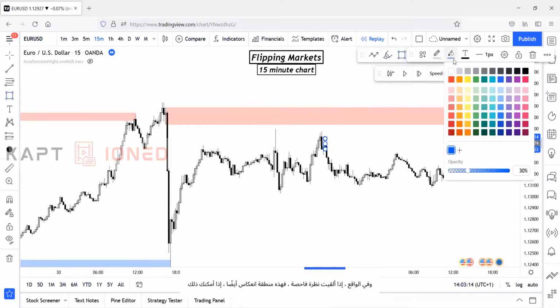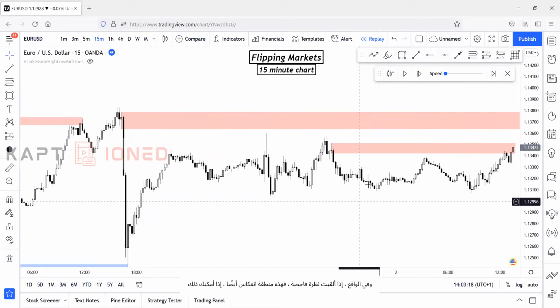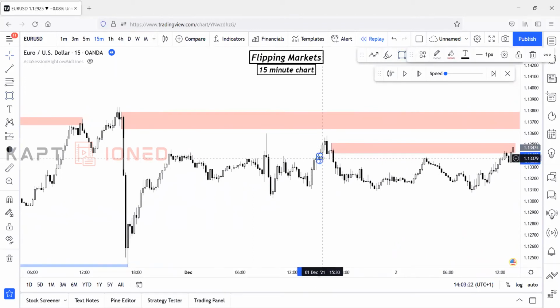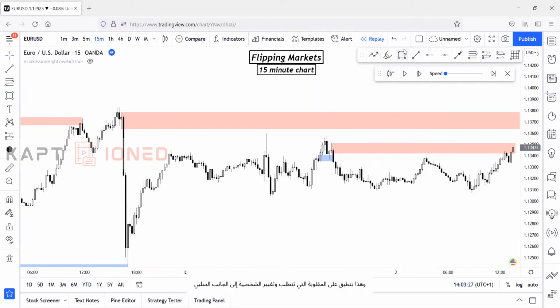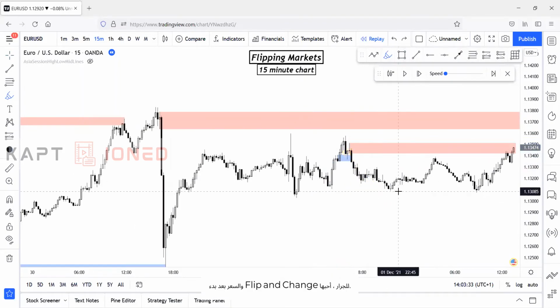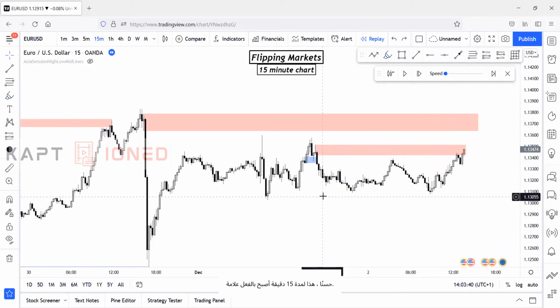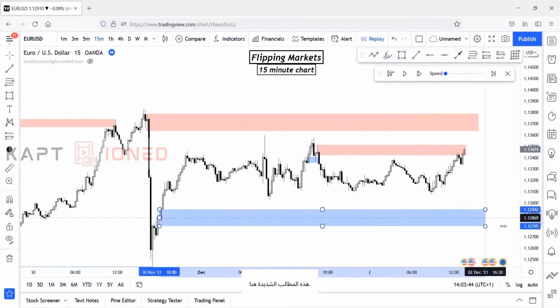And actually, if you take a closer look, this is a flip zone also. So as you can see, we had this 15-minute demand zone right here. And this supply zone flipped that demand zone and changed character to the downside. And price, after the flip and change of character, started to levitate back up to this supply zone. And currently, price is in that supply zone. So yeah, that's for the 15-minute. Actually, we can mark this extreme demand zone down here